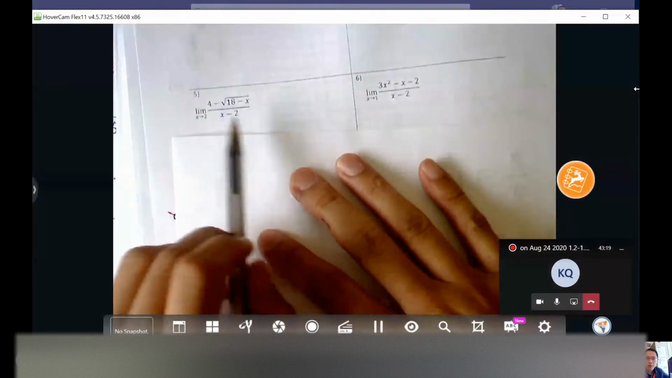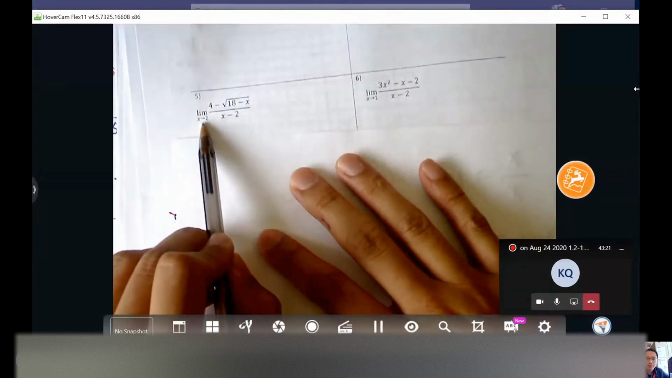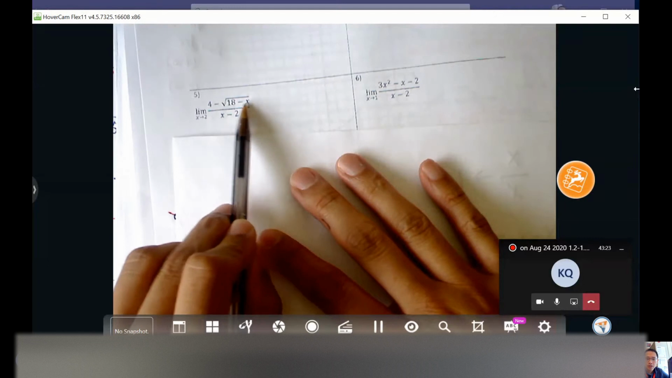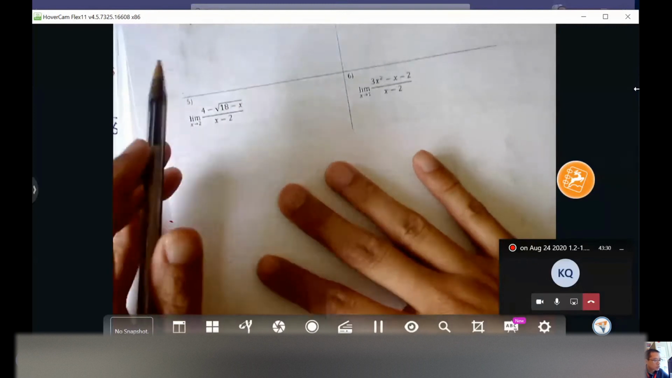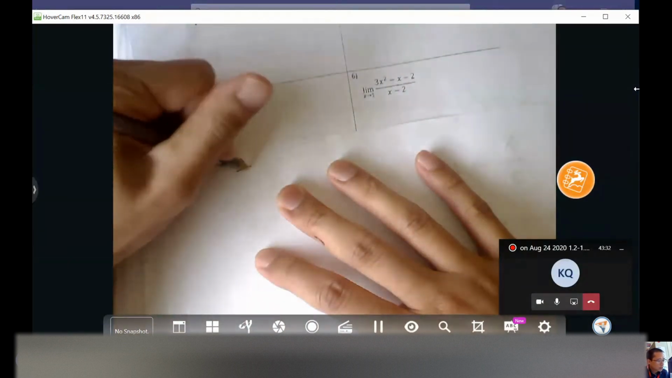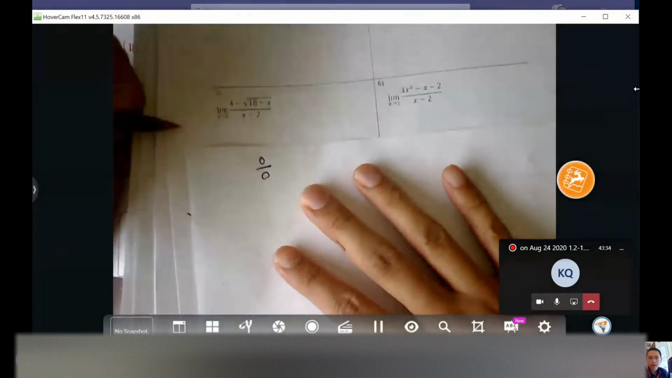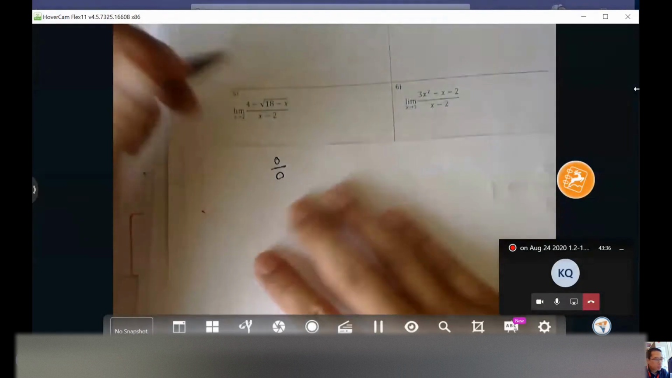Okay, first things first, we want to plug 2 in. So 2 goes in for x. 18 minus 2 is 16. Root 16 is 4. 4 minus 4 is 0. So we get 0 over 0. So that tells us, okay, we got to find that hole to eliminate,